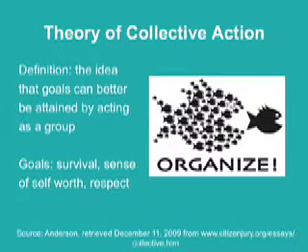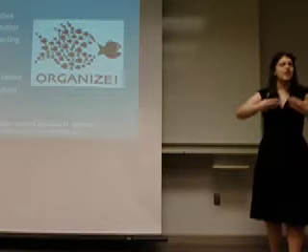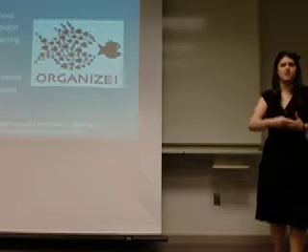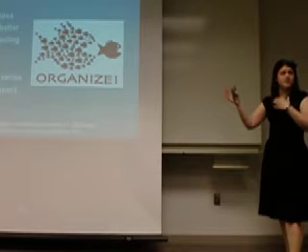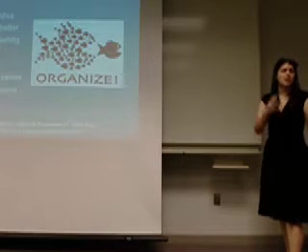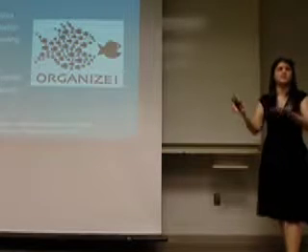The theory of collective action. The basic idea is that groups can attain their goals better when they work together collectively. These goals may include survival, a sense of self-worth, respect, things like that, often political in nature, but not necessarily. On the flip side, in addition to attaining goals working together, it can also work in an opposite way, in that it can motivate people to anger and to violence, sort of in the way the previous slide showed, that our losses are their successes, our successes are their losses. So working together we can accomplish our goal, and also what happens to one of us happens to all of us.